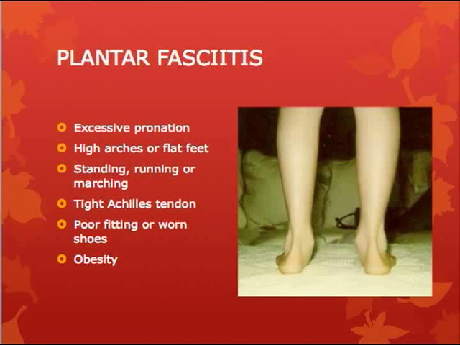So it comes from a couple of different factors. Again, that excessive pronation, the feet go in when you're standing. But a lot of people don't stand like this. This is just a really dramatic example of what it looks like when the feet go in. More commonly, what happens is when you're running, you plant with your heel or plant with your midfoot, and then before you go to the push-off, it rolls in. And so it's a dynamic thing. You can't see it when you're standing, but when you're moving, you can see it. And so places like Footworks will videotape you and see how your foot is hitting the treadmill, and so you can really see dynamically how the feet are hitting